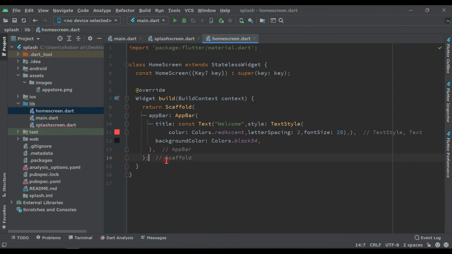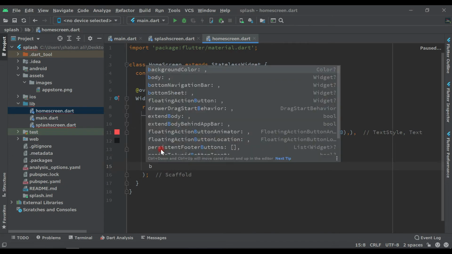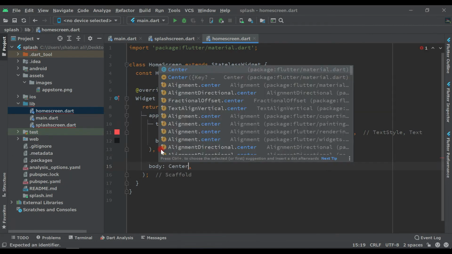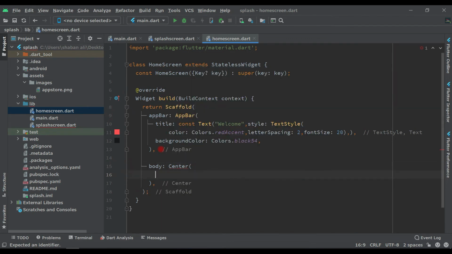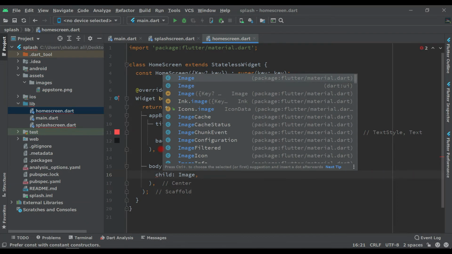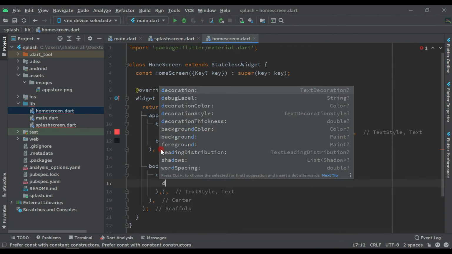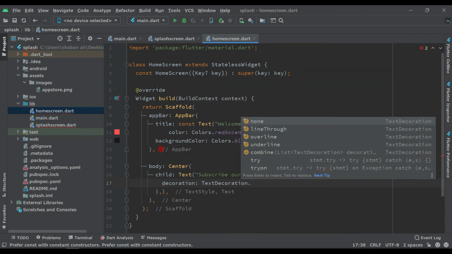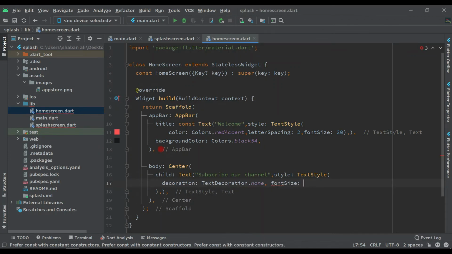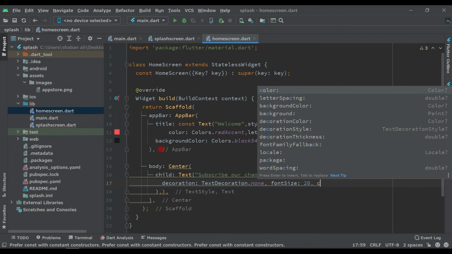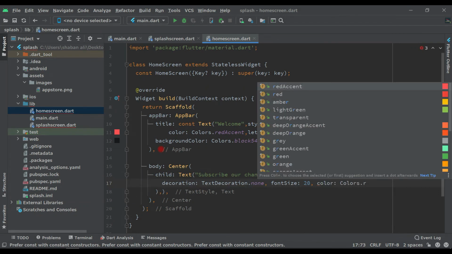So come here, after this app bar, let's say body, and in the body we will provide a Center, and inside this Center we have child Text, and the text will be Subscribe our channel, style TextStyle, decoration TextDecoration.none, font size will be 20, and color will be Colors.blueAccent.